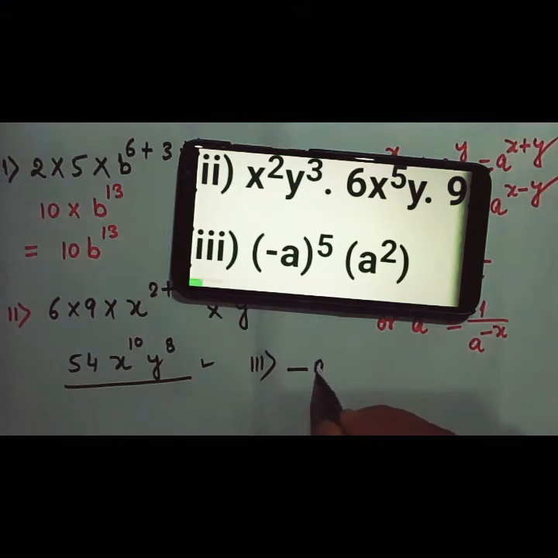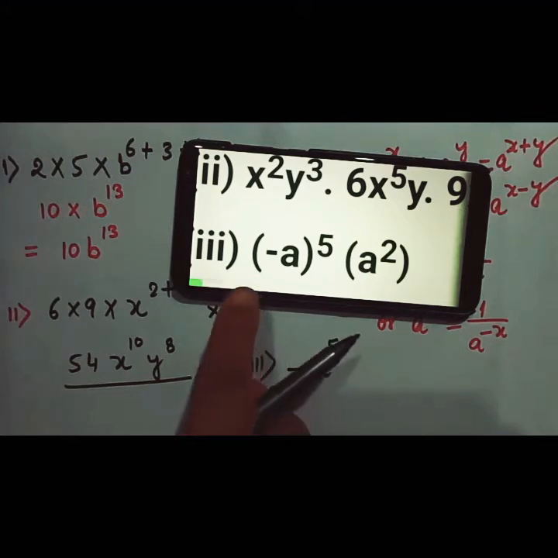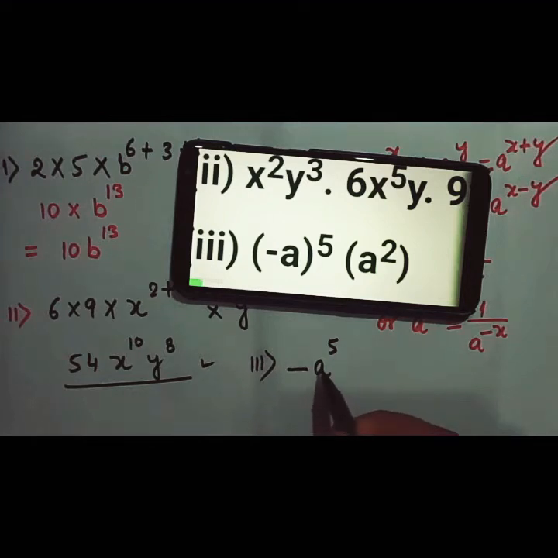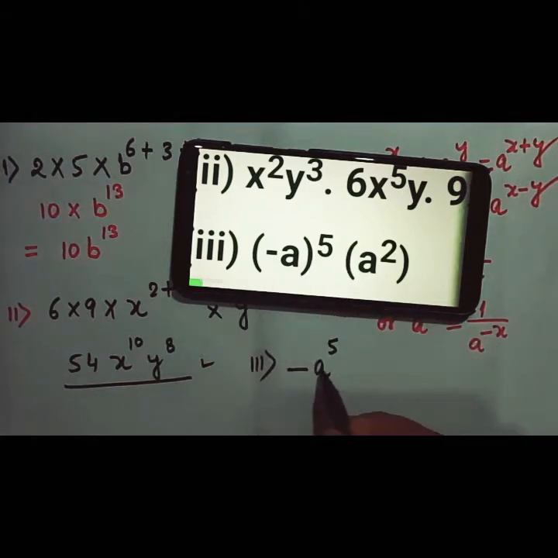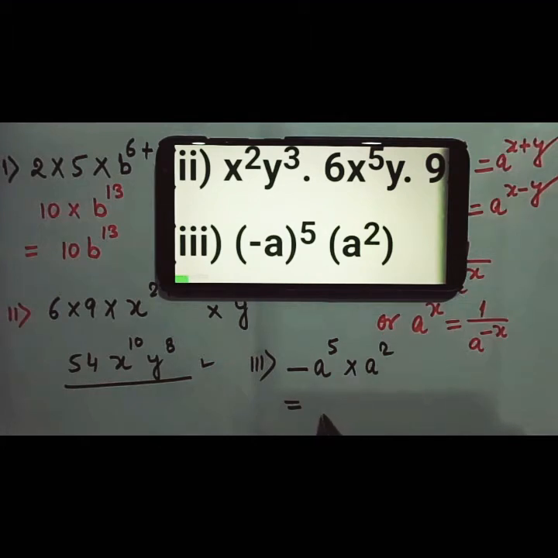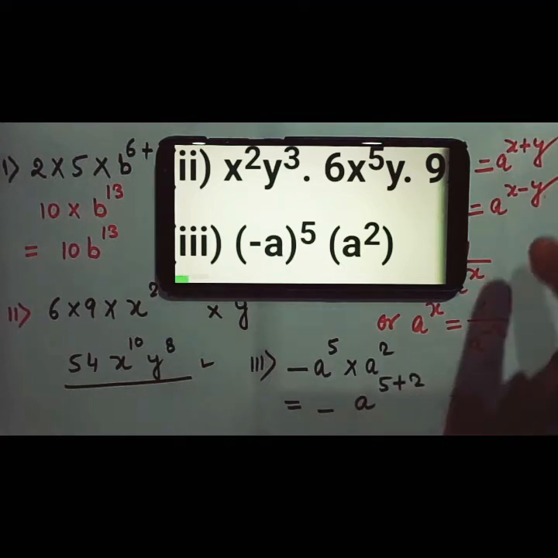Now, let us break a to the power 5. So, minus a to the power 5 we will get as minus a to the power 5. Once again, minus a whole to the power 5 is equal to minus a to the power 5 into a square, or a to the power 2. So when you reduce this, what shall you get? You will get minus a to the power 5 plus 2. Now here you have to show that you have used the formula.